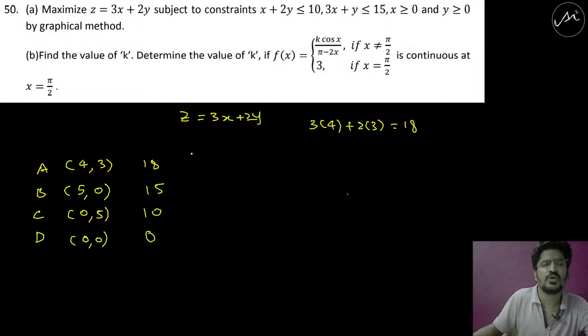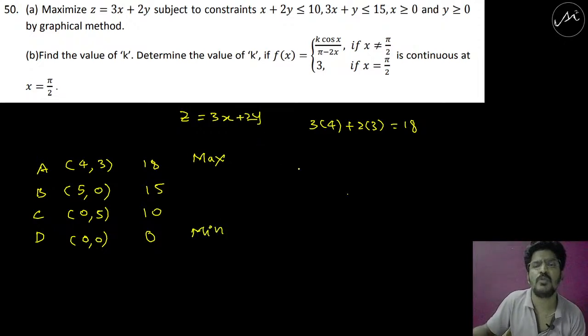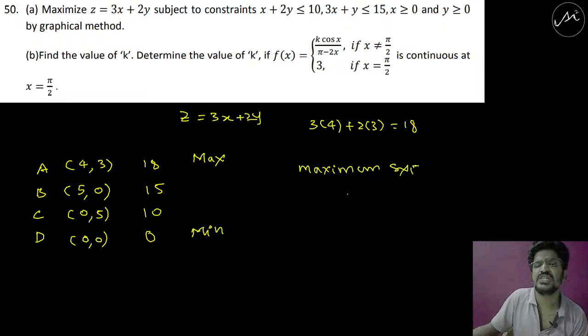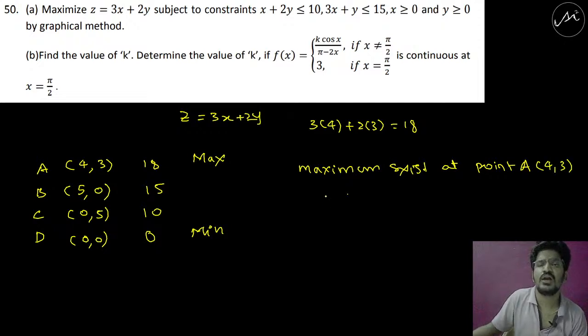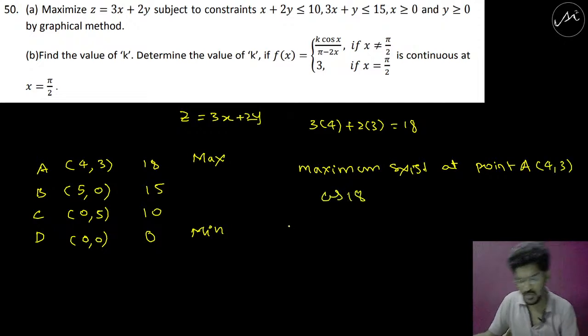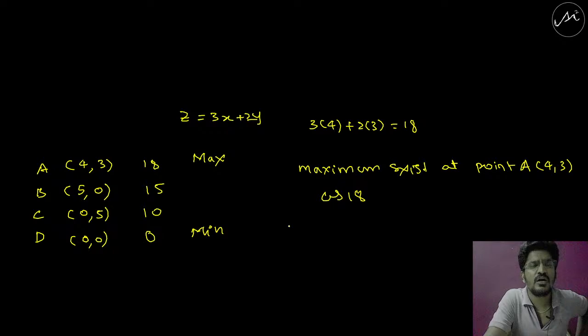And this is 0. So maximum at point A, minimum at point D. Maximum exists at point A, that is 4, 3 as 18, and minimum is no problem, it is 0. So now quickly we can go for